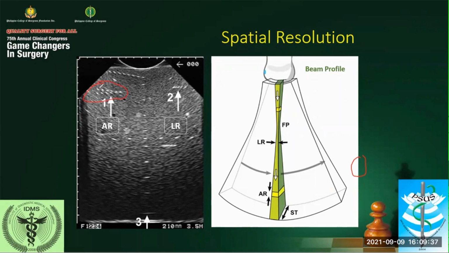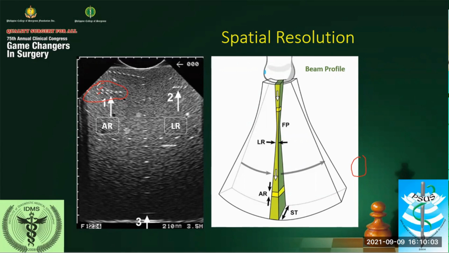That is the ability of the machine to distinguish objects here that are close together along the same axis. So as you can see, as the pins become closer, axial resolution will allow you to distinguish these 2 objects.